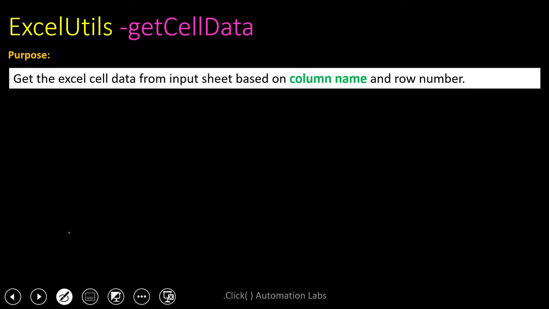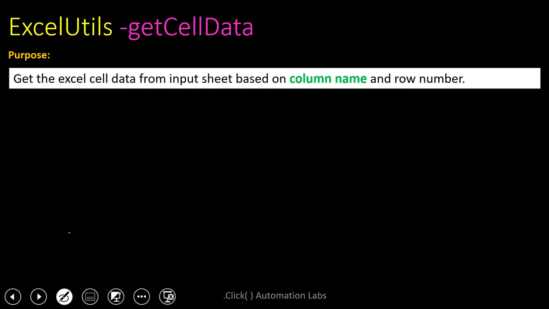And we have another method with the same name, get cell data. So both are the same. This is the concept of polymorphism in Java, meaning one method can have multiple forms. We can create methods with the same name that accept different parameters.